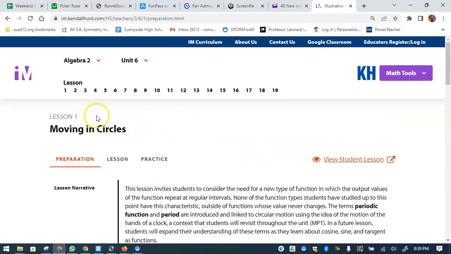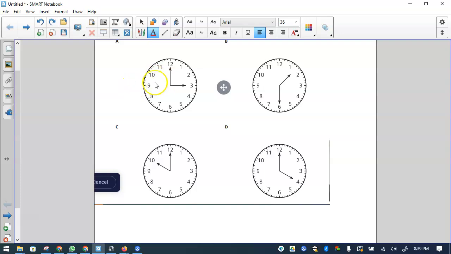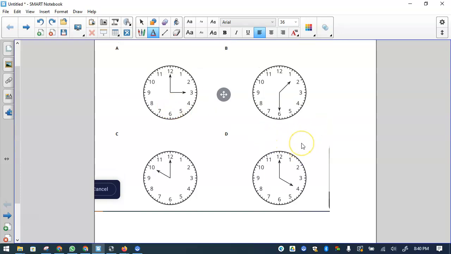So here there are 3 tasks for this lesson. The first task is, what do you see? You are supposed to write down which one does not belong. Why is the first one different from the other 3? I want you to pause the video for a while, and if you can write it yourself, that would be great. Okay, so the first one,